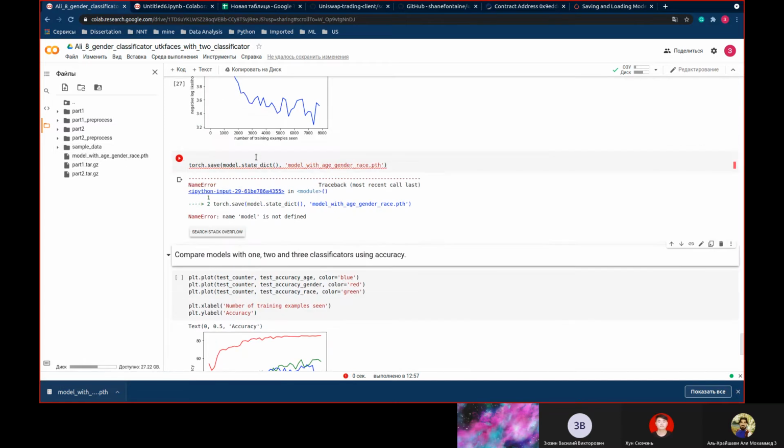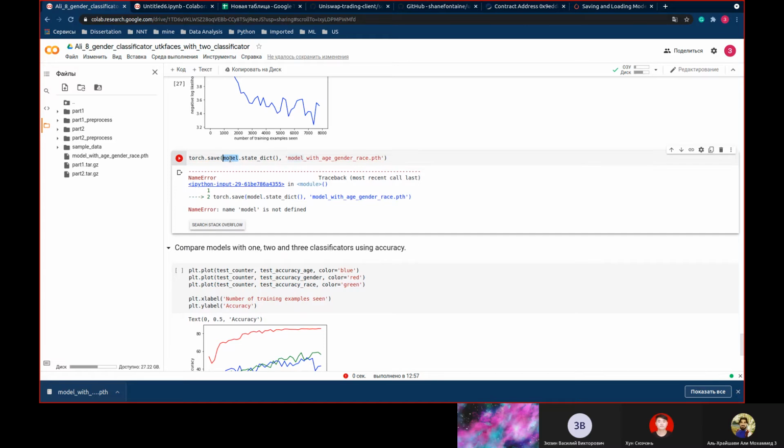Reference model. Model is not, there is network.